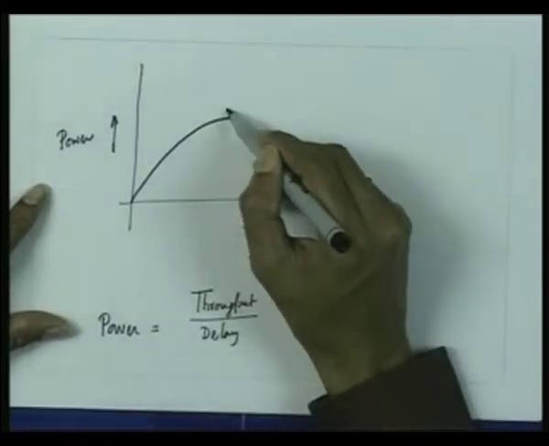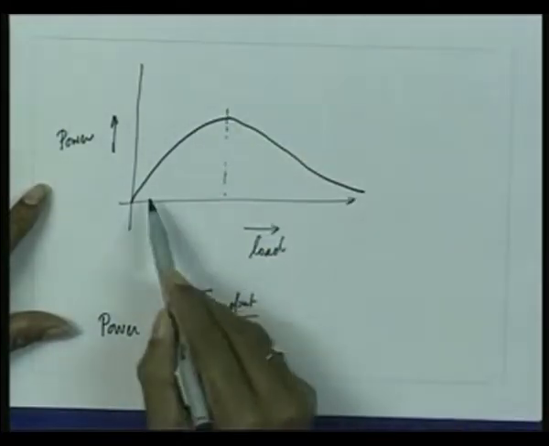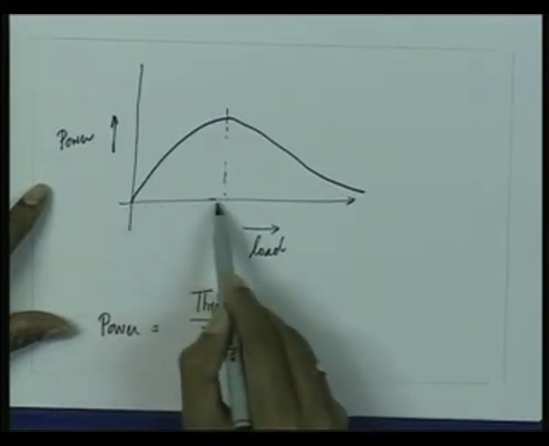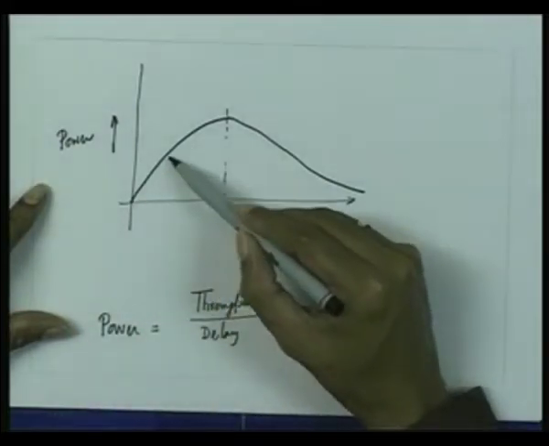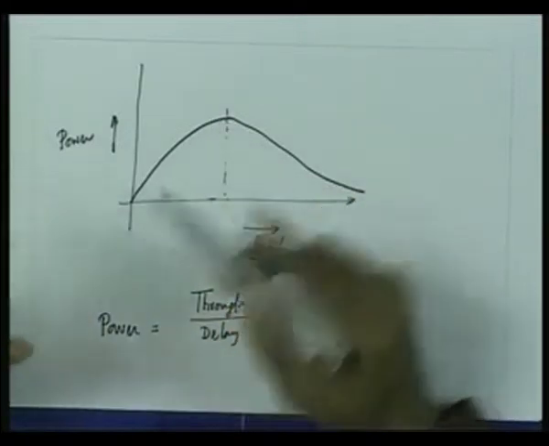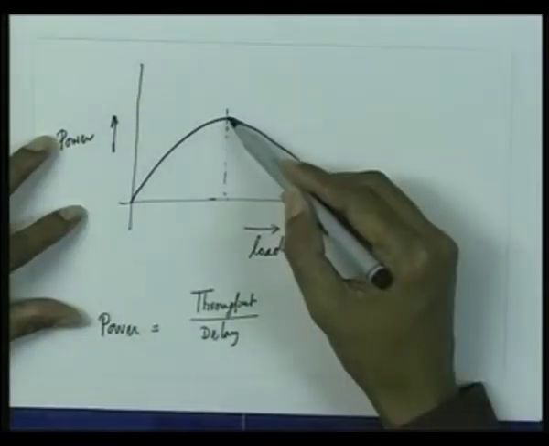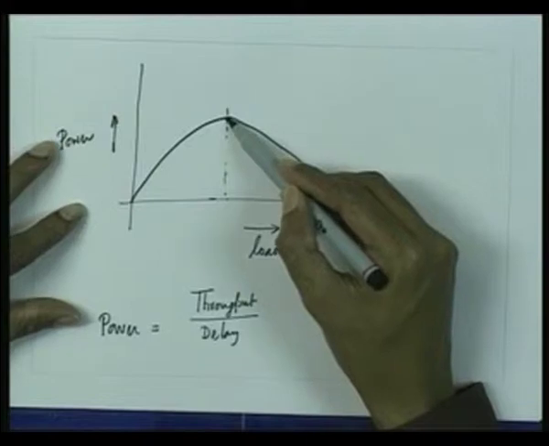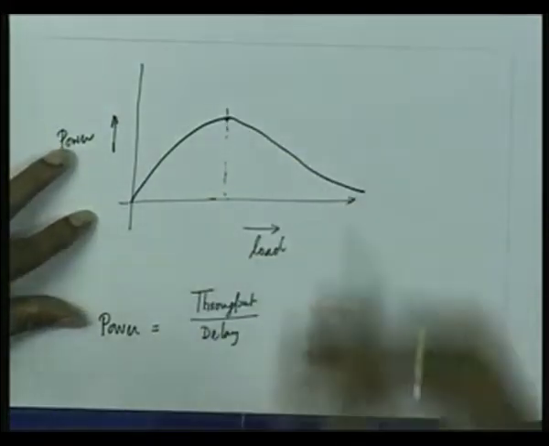So at this point, essentially what is happening is that if I keep on increasing the offered load, my throughput increases dramatically, throughput increases at a faster rate, and when I reach this point, after this point my delay starts increasing at a faster rate, and I may reach a point where the delay becomes infinite, the delay becomes very large, or else the throughput may become 0 because of the packet losses, and therefore the power may go to 0. Okay.